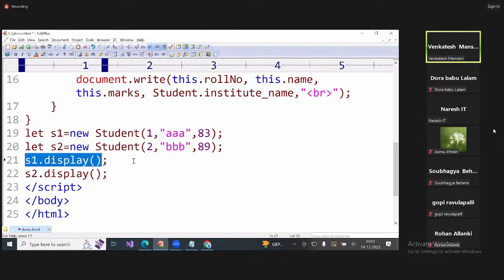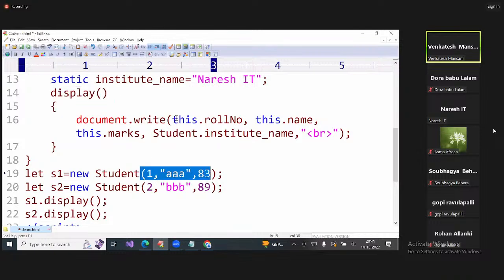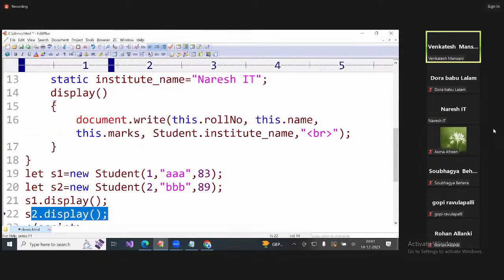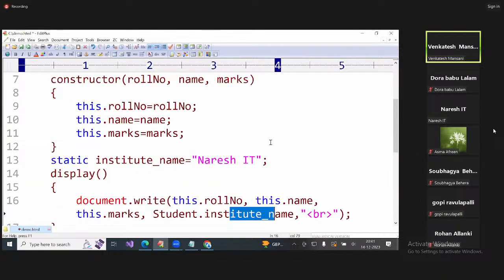s1.display, control comes here. This data is printed and this name is also printed. s2.display, control comes here. This data is printed, this name is also printed. Now here,